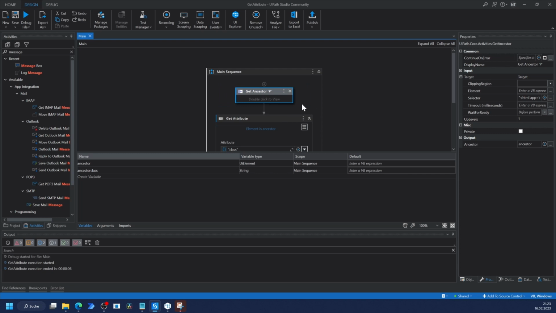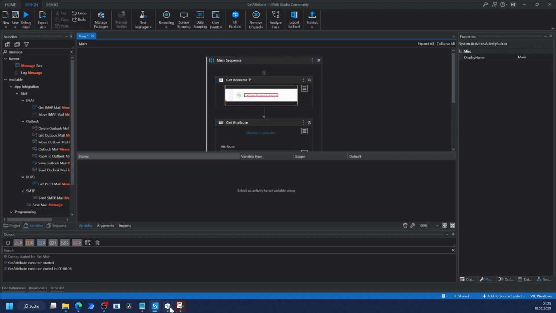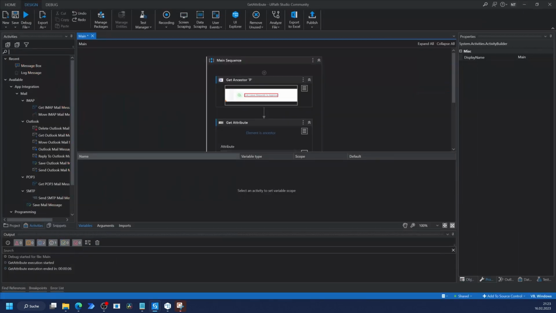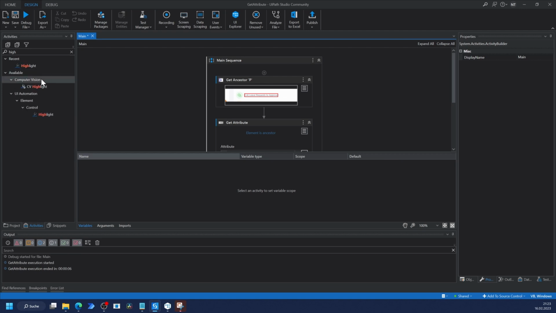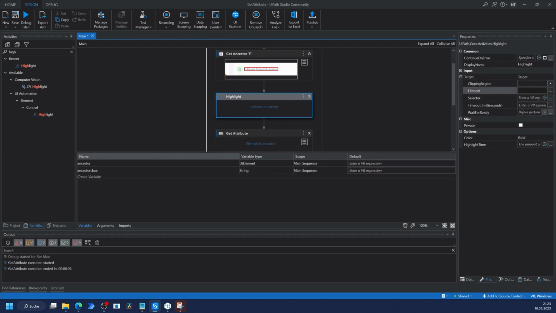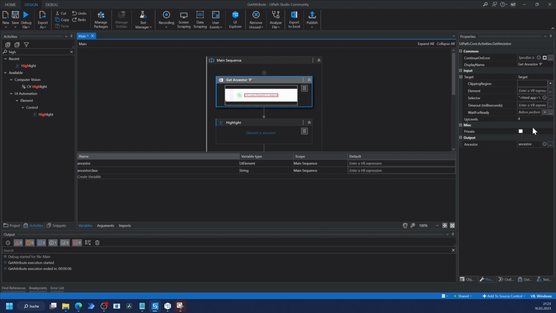But now when we change this here and we go for 4 levels up, for example, then we're going to go 1, 2, 3, 4 levels up in the hierarchy, and we're going to get this UI element. So let's add the highlight activity as well. Highlight our ancestor. And it's 4, and when I run it,